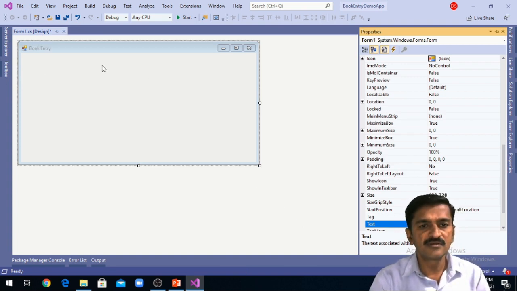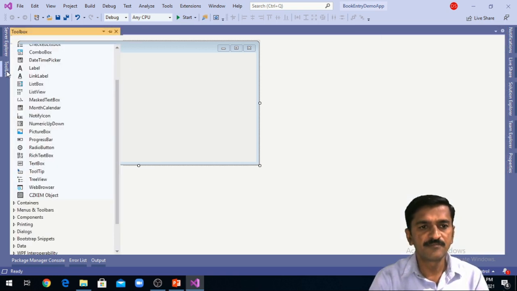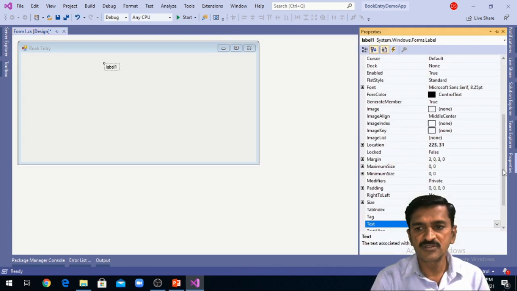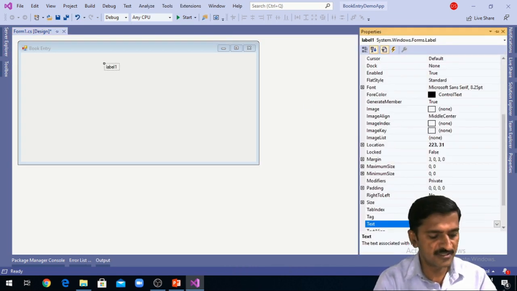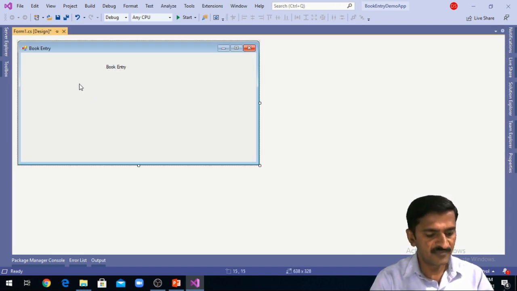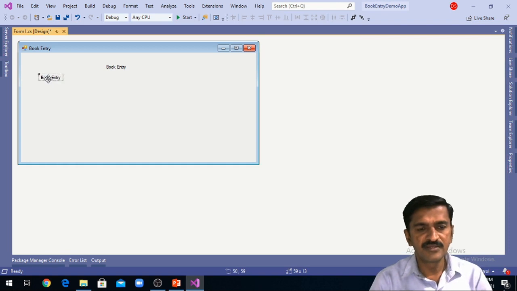Then I want to add one label here as Book Entry. So I'm getting the label from the Toolbox and specifying the text as Book Entry. Then again I'm going to copy this same label and add it here.